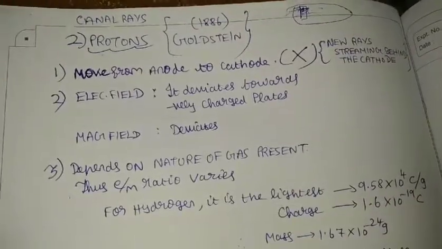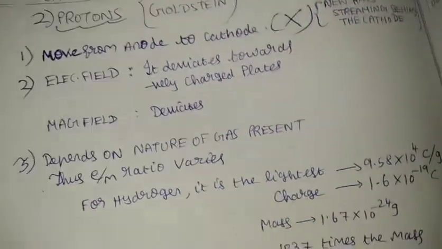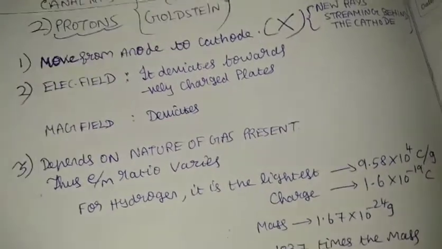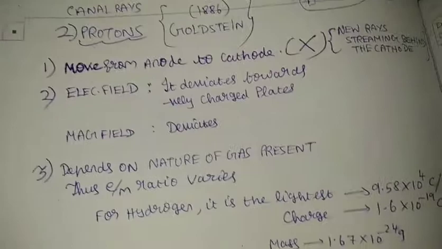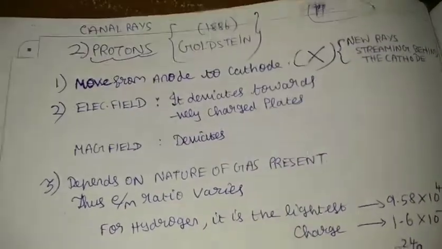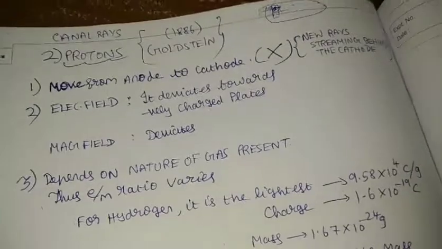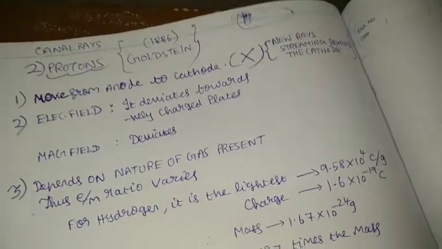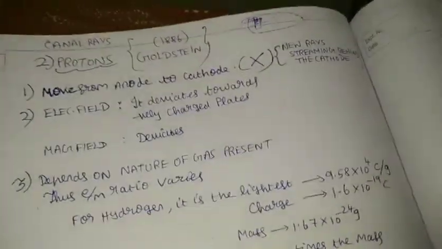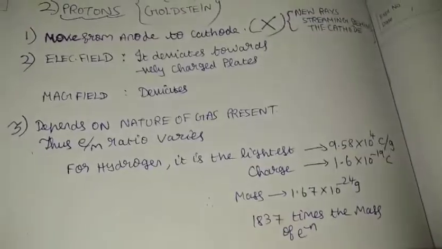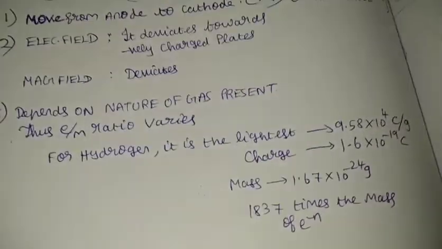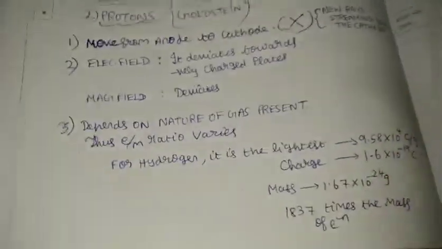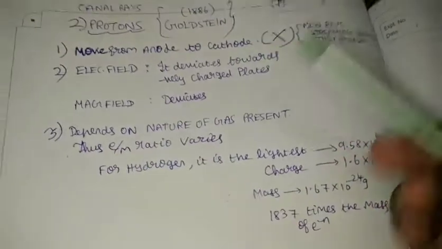So basically, if you take hydrogen gas in the tube, now that we know it has only one proton and one electron, experimentally it was observed that the positive ions formed from hydrogen were the positive rays, which form when it loses an electron. We'll come to know this in due course. If you take hydrogen, the e/m ratio came out to be the lightest, I mean the highest value for e/m, and below that it could not go with any other gas.